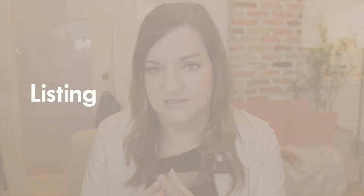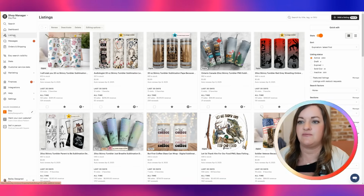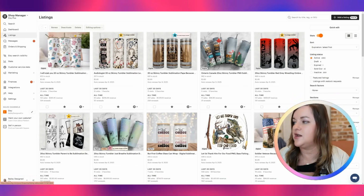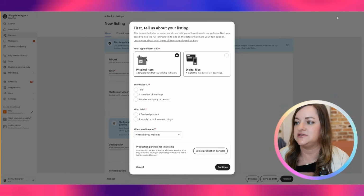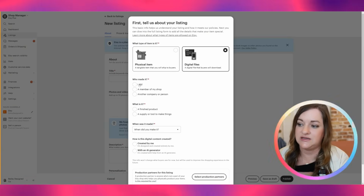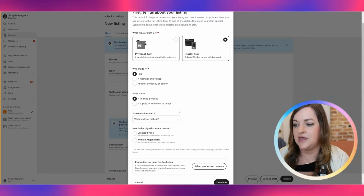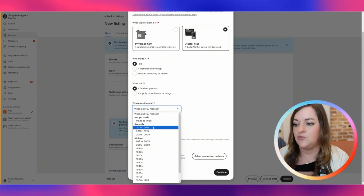Okay, so now that you actually have your design created and your file ready to go, it is time to list it on Etsy. If you are doing this individually, just manually adding your listings one at a time, then you will navigate to the listings tab in your Etsy shop and click on add a listing. You'll want to select digital files, which is right here. Then you'll select who made it. I did. What is it? It's a finished product or finished design. And then when did you make it? You made it this year, and it was made